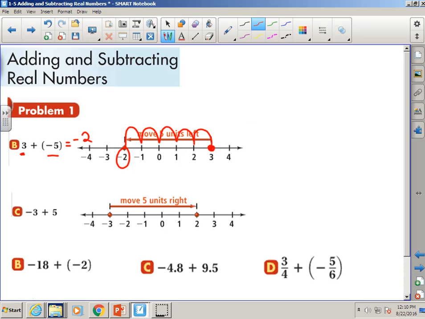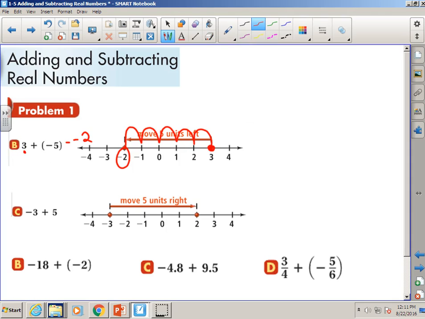Now, Miss San and I, and I think there are other teachers also, use this little story about gangs in order to help you remember how to do this, because we're not going to be able to draw a number line every time we have to add or subtract integers. Sometimes they're very large integers. So the gang story goes, okay,